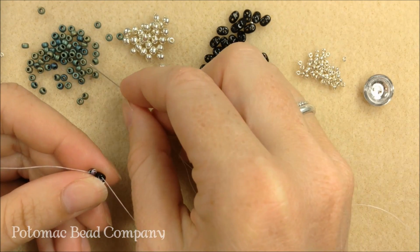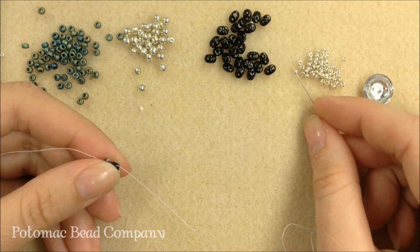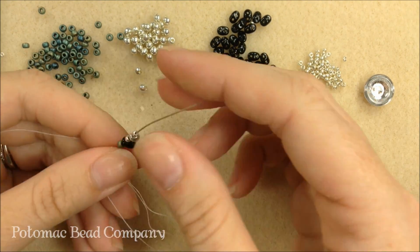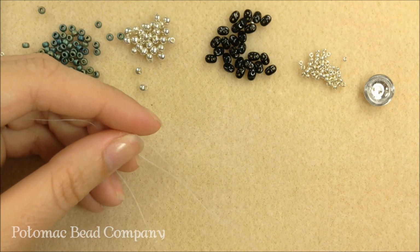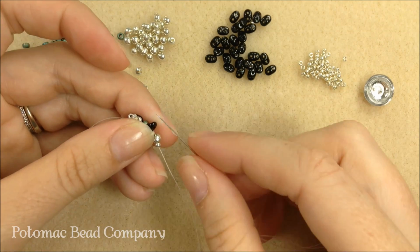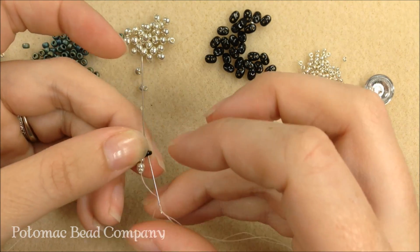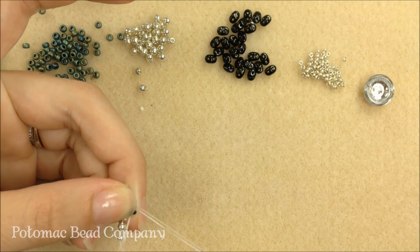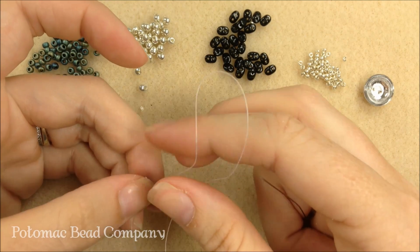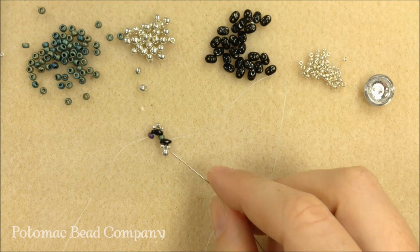Next, I'm going to add an 8.0, I'm going to add another SuperDuo, I'm going to add my 11, drop 11, and I'm going to let that drop down next to the last bead. Once that is on, my needle is going to go through that same SuperDuo, again going the opposite direction, and now a picot trim that has a drop in the center is going to get created. I'm going to continue this pattern